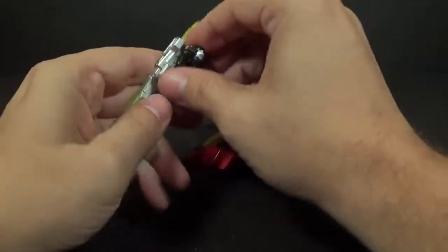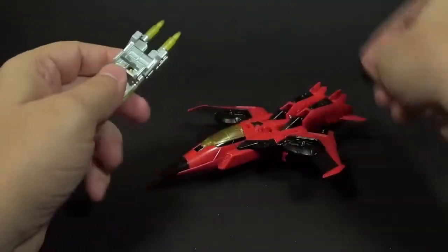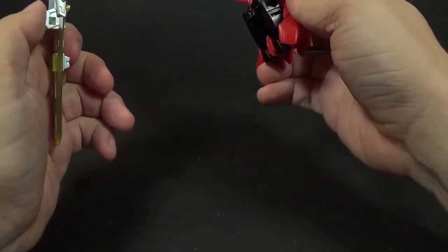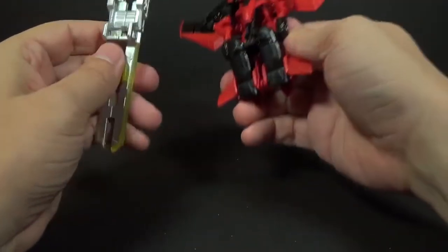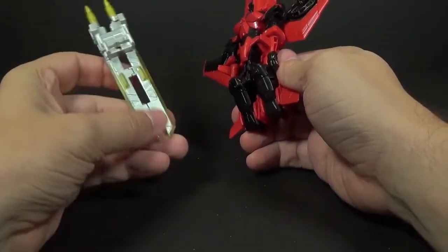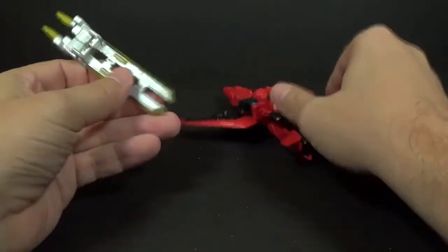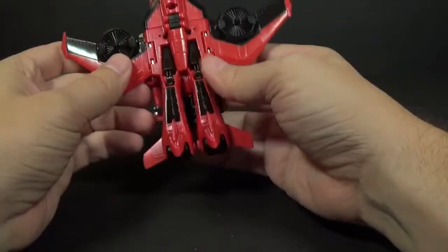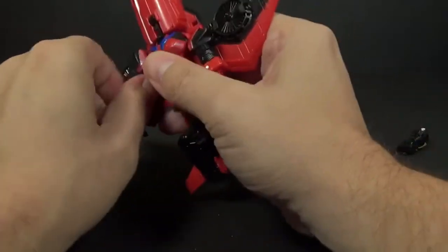I wonder if you can tab this into the arm anywhere. I'll have to take a look at it, but I don't think it looks like you can. This looks more like a railgun than swords. I kind of like it like this. Alright, so we undo the arms, push them back up,